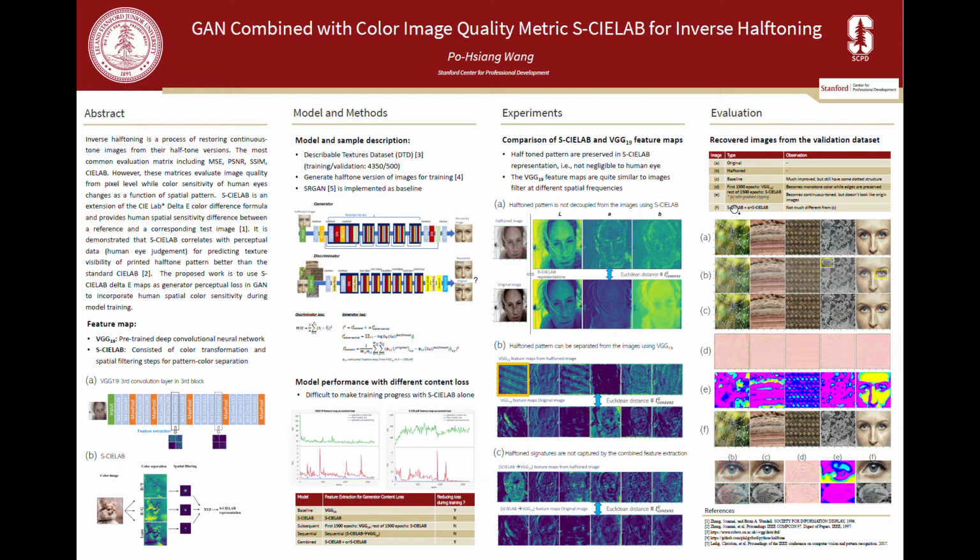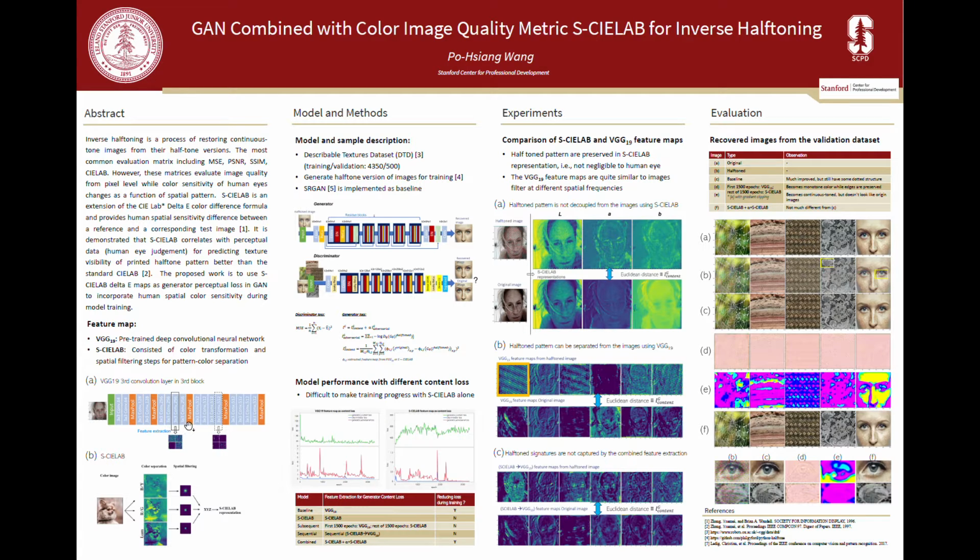The Euclidean distance between two images processed by S-CIELAB is a measure of how different two images are perceived by the human eye. In the image restoring task, this seems to be a potential measure of content loss. Therefore, in this work, I use S-CIELAB to extract a feature map to calculate the content loss of the generator. As a comparison, the baseline model uses the third convolution layer of the third block of the VGG to